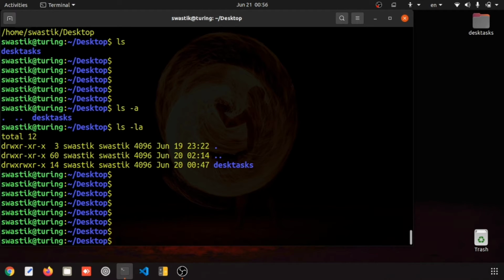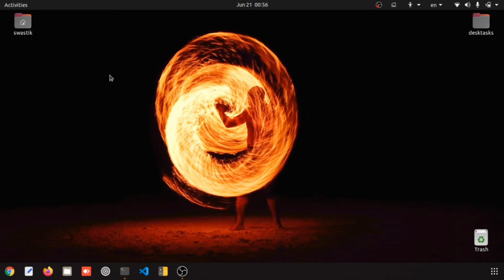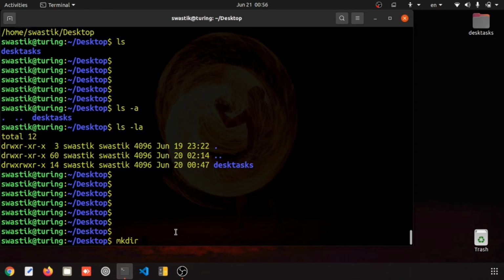Without delay, let's understand how to create a directory. We want to make a directory, right? For making a directory we can use mkdir, which will create a directory, and you should pass the directory name. Now let's say we want to create a directory in this desktop with the name Linux Playground.